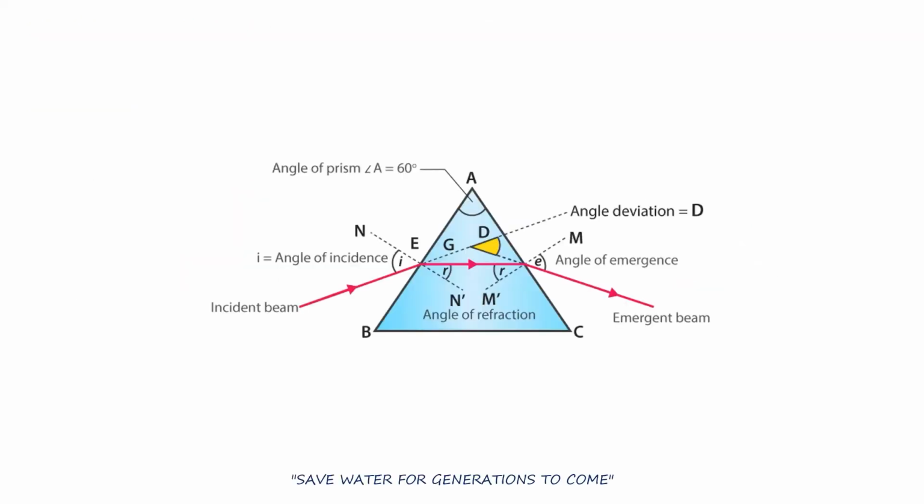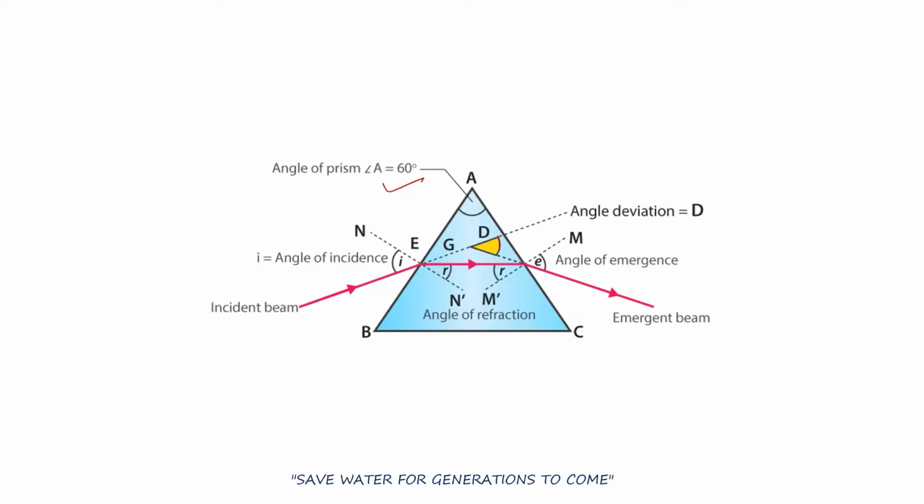So this is a diagram which you have to draw in your notebook. इसको भी बनाना होता है आपको notebook में. So here ABC is a prism. This is the angle of deviation here. Angle of incidence. This is the incident ray, and this is the point of incidence. This is the angle of deviation here.